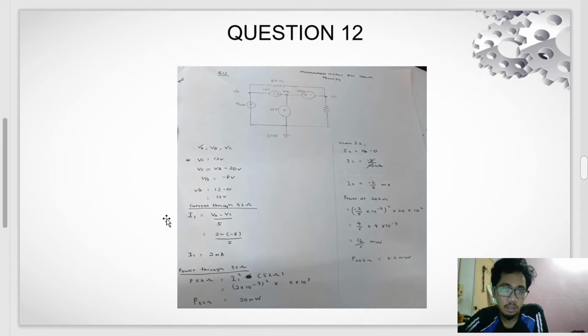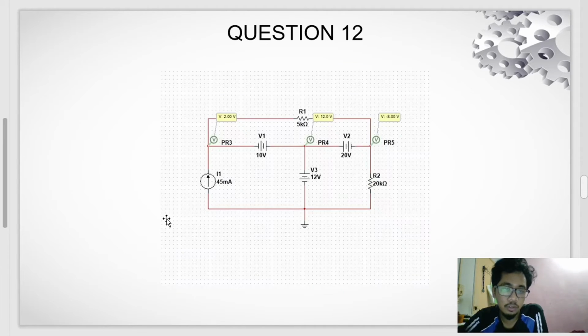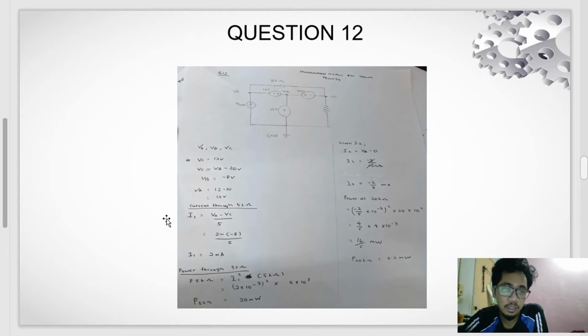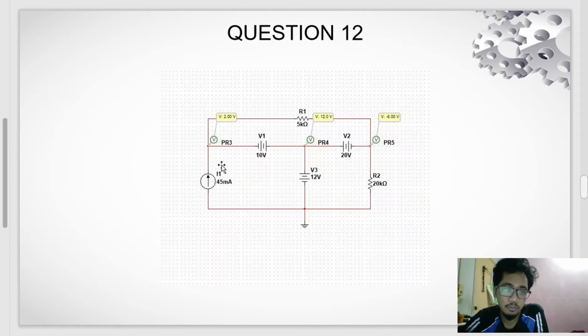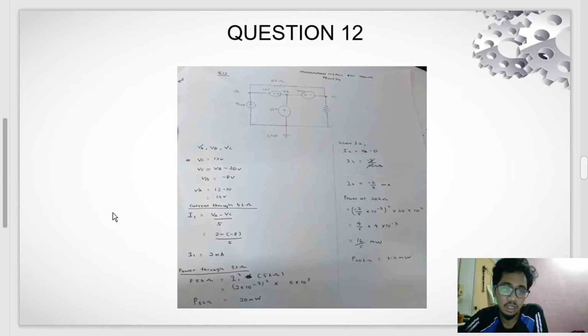But the values of VA, VB, and VC are the same: 2 volt, 12 volt, and negative 8 volt. I made a careless mistake: negative 12 minus 10 is actually 2 volt, but I wrote 12